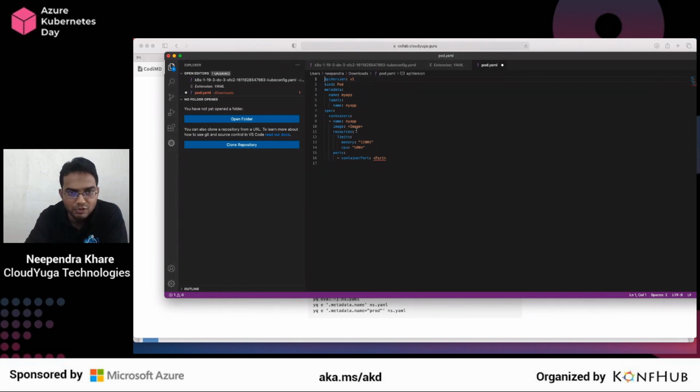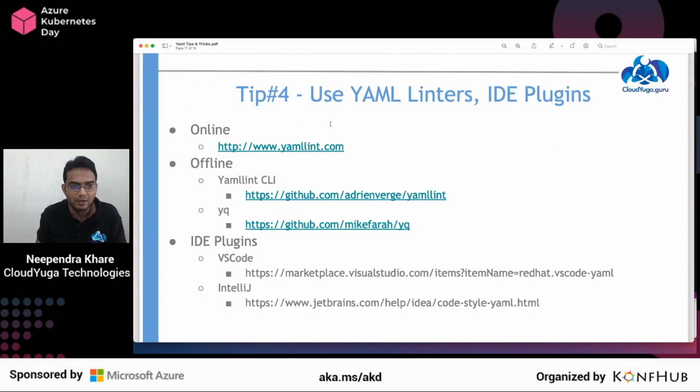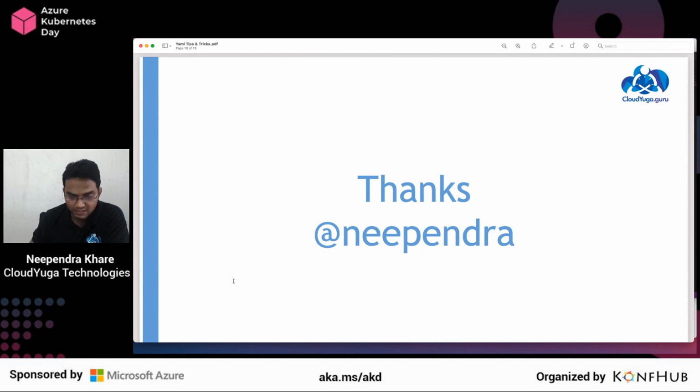Apart from this plugin, you can also install a Kubernetes plugin, and you can have a complete workflow of creating your YAML configurations for the objects, and then deploying on the Kubernetes cluster directly from VS Code itself. So VS Code seems to be a very good tool for all this, like creating YAML, deploying to Kubernetes, and so on. Similarly, you have plugins for IntelliJ as well, and maybe some other IDEs also. So I think that's all from my side, and I think we finished exactly in half an hour.